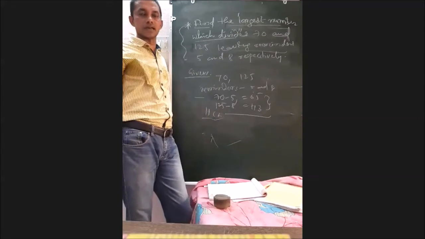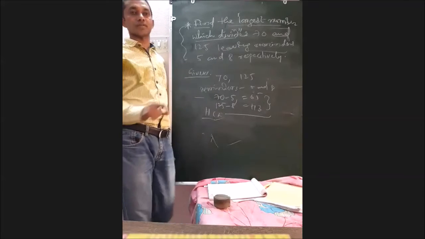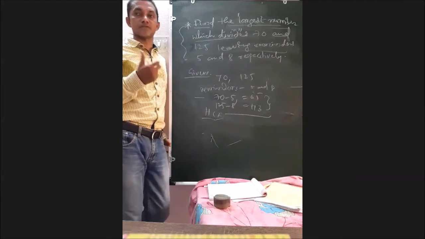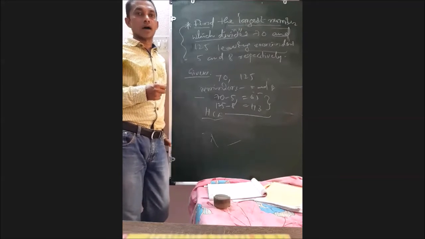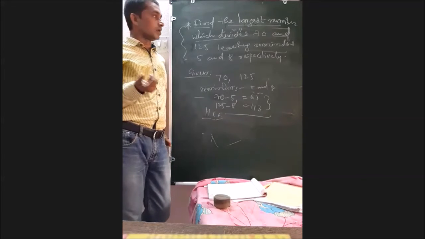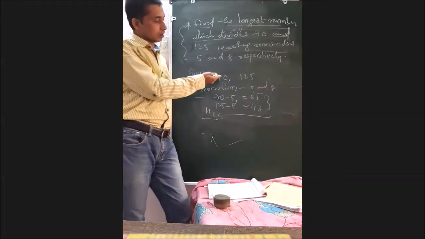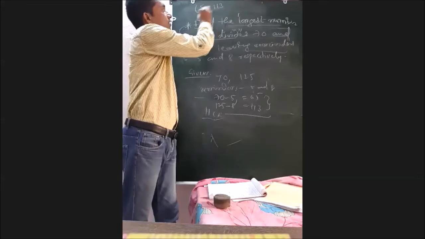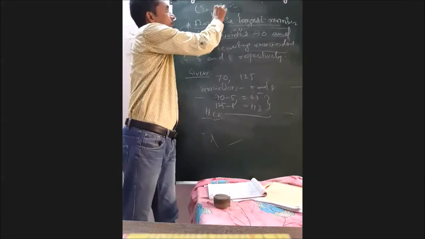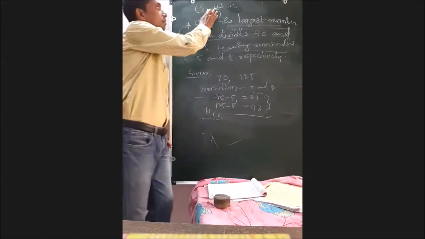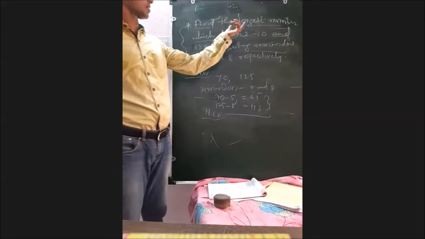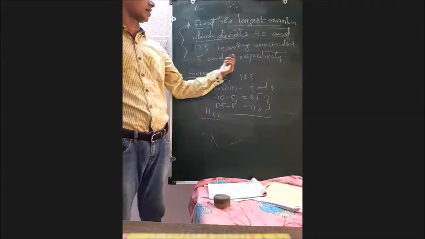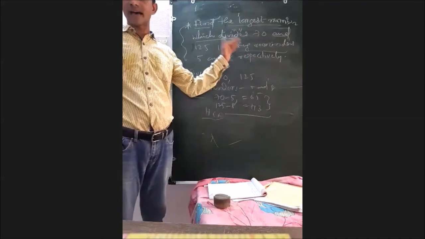What they have done in the earlier question? By these two questions, what I want to tell you is that the same question may come in different forms. Or one more question will be like this. If Abhijna said that the HCF of 65 and 117 is 13 or 15. One more, this is the question: find the largest number which divides 70 and 125, leaving the remainders 5 and 8 respectively. So it is another form of the first question.